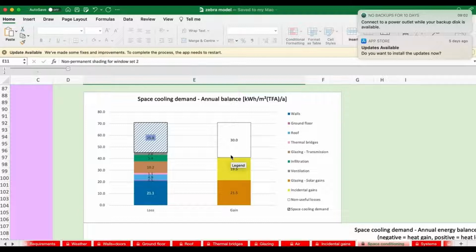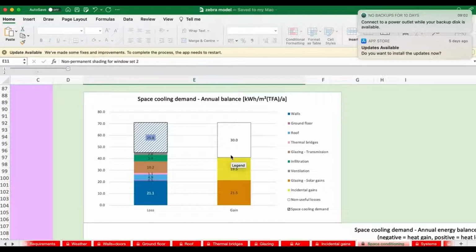And we get the same thing happening if we were in a heating dominated climate. You can imagine if there's already plenty of gains, incidental gains, etc., to keep the building warm at a particular time of year, then extra solar gains, etc., aren't of any use at all. And they'd actually be reported as non-useful gains. Okay, so that's our heat balance graph. And if at any point you're confused by that, read the additional documentation.